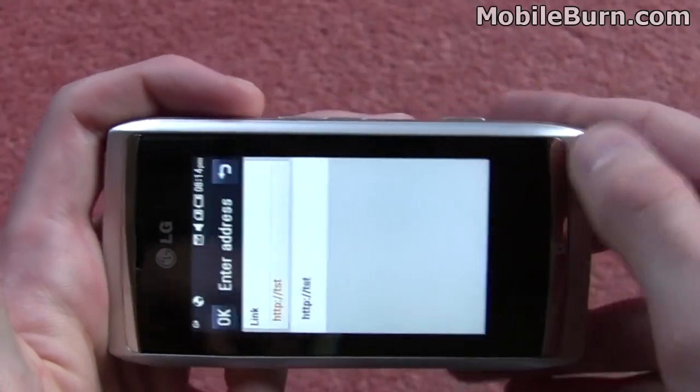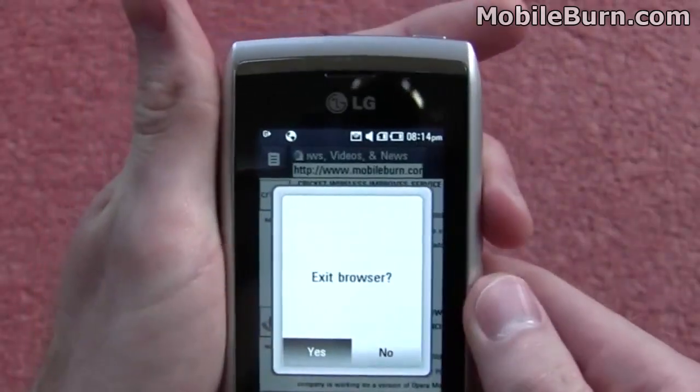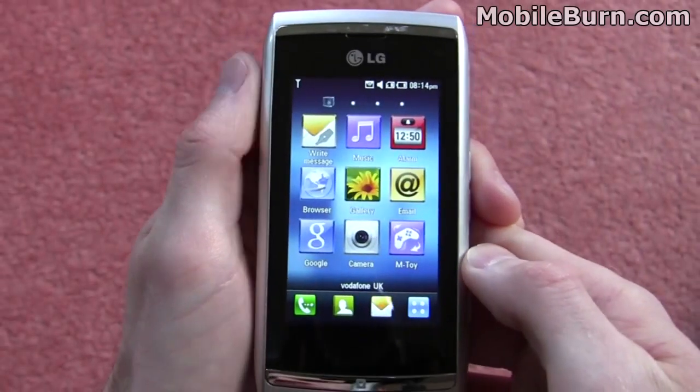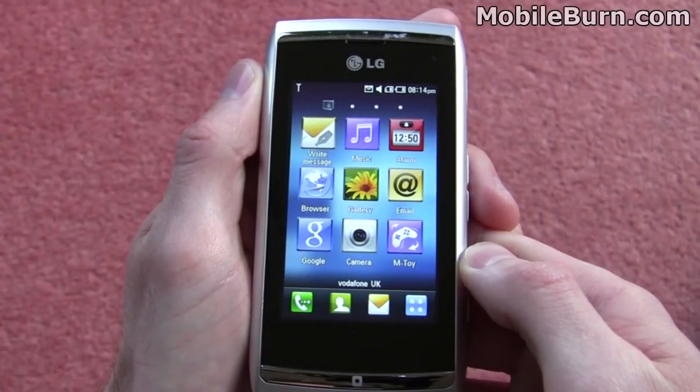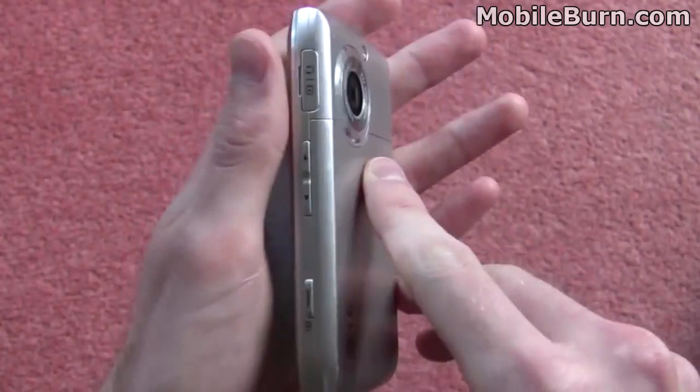So that's the LG Viewty Smart. Overall, I think the handset could be recommended. It's not a bad little device. The camera's pretty nice, and also it's got the DivX video playback and Wi-Fi and Google Maps on it, which is pretty good. There's also a GPS